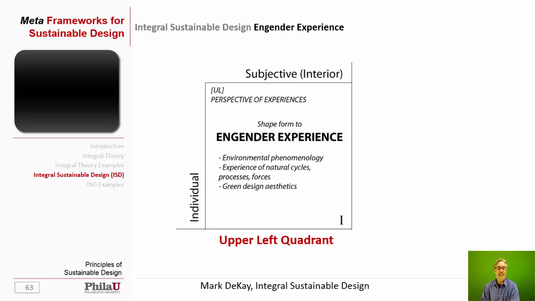And the first quadrant is Engender Experience. And here we're looking at the phenomenology of space. How do I feel in space? How do I connect to the natural cycles? What are the visual aesthetics of green design? Is it always a green roof or a green living wall? We don't really know yet. It's still emerging, but this is only how we experience space. It has no cultural layer on top of it, and it is completely within that realm,